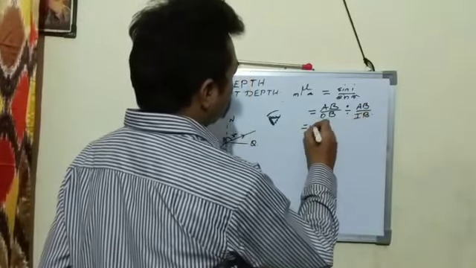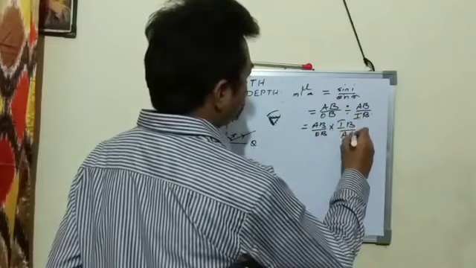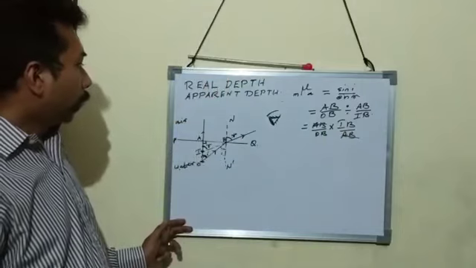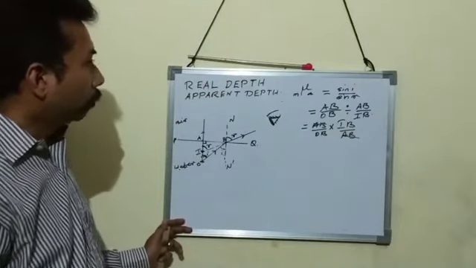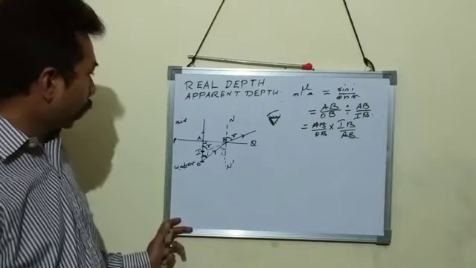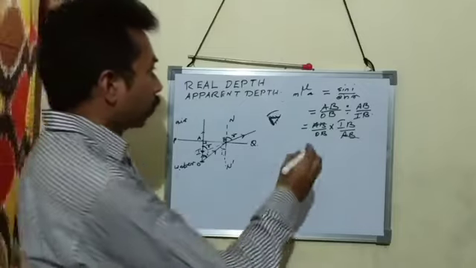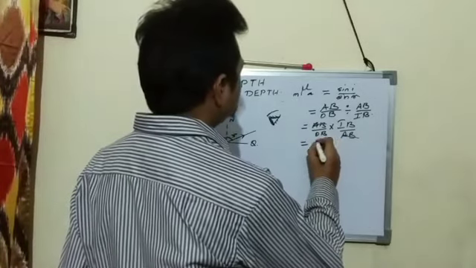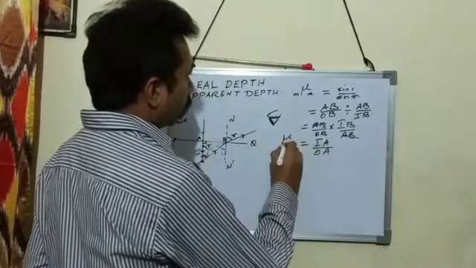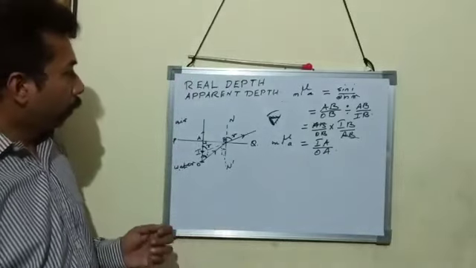So which is equal to AB by OB into IB by AB. AB and AB are cancelled. So we get IB divided by OB. Suppose the point B comes very close to the point A. Then instead of IB we can write IA, and instead of OB we can write OA. So this is the refractive index of air with respect to the medium, IA divided by OA.